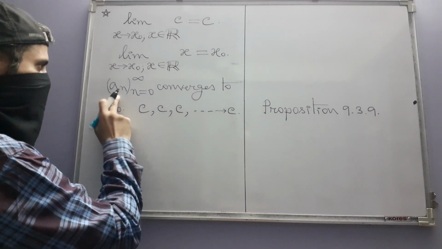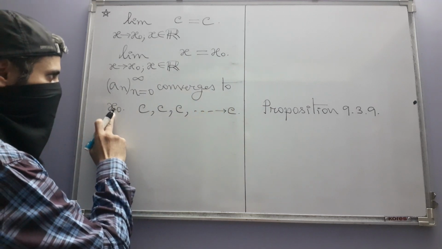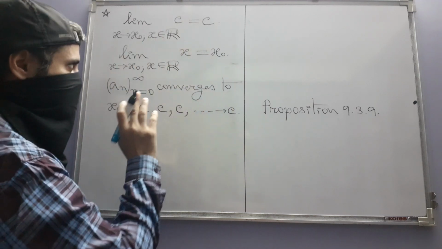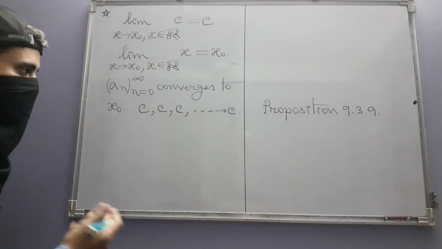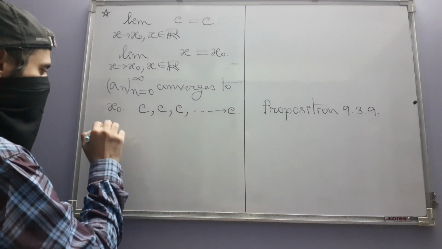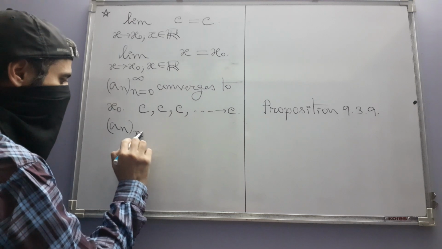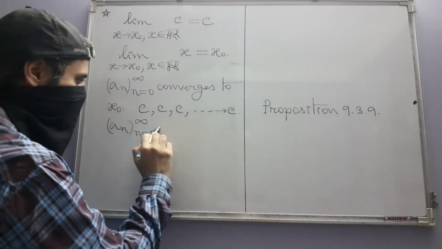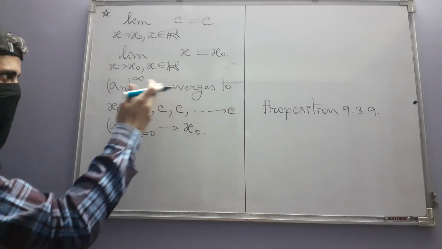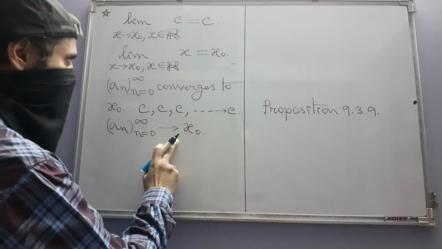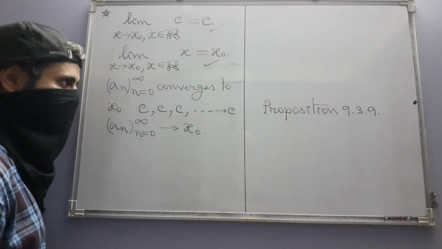Similarly, say again this is any sequence converging to x naught. Now if in place of that constant function we apply the identity function on the terms of this sequence, which sequence are we going to get? We are going to get back that same sequence an, and that of course converges to x naught because originally that's how it was chosen, right? So that's why again by proposition 939 we have this limit.